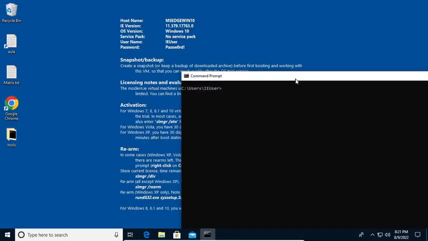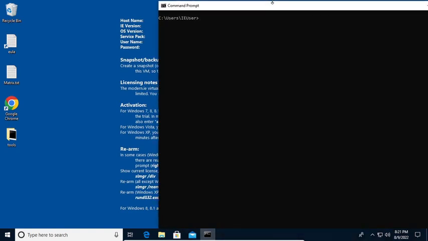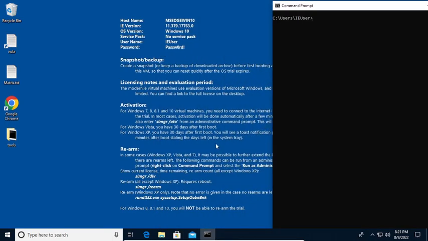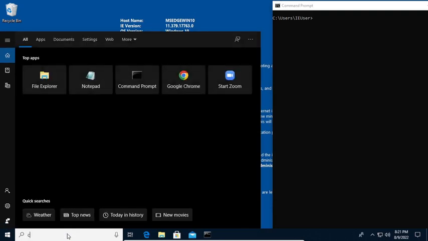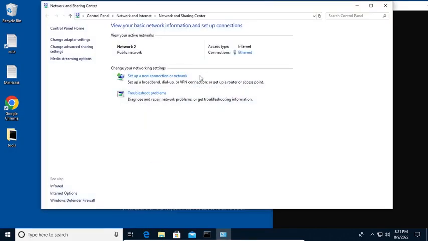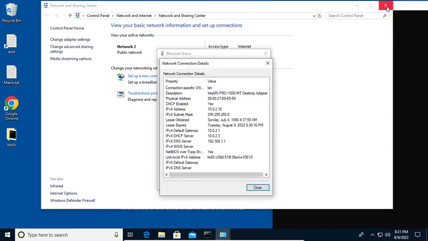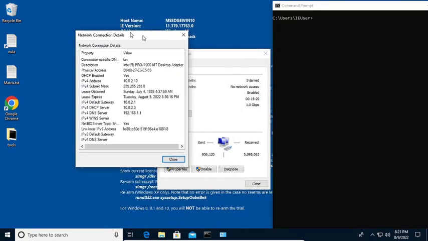Okay, let me just go and resize this again, and let's try to open again that control panel. I shouldn't have closed that up. Let's just go to network and sharing center, Ethernet, just so that you will be able to see the details of the MAC address that we have here. Okay, we have the network